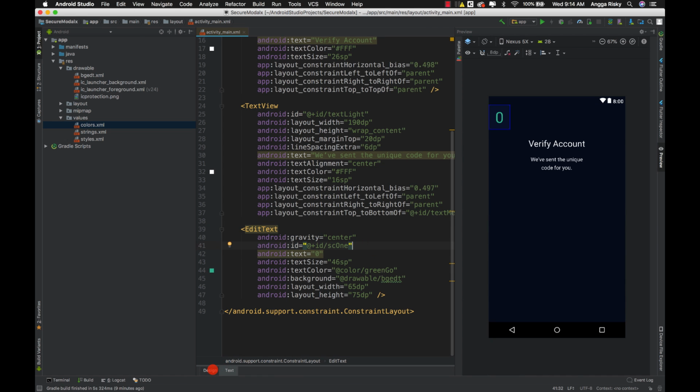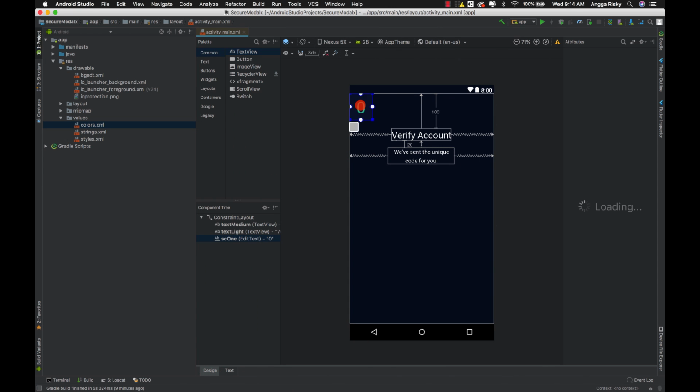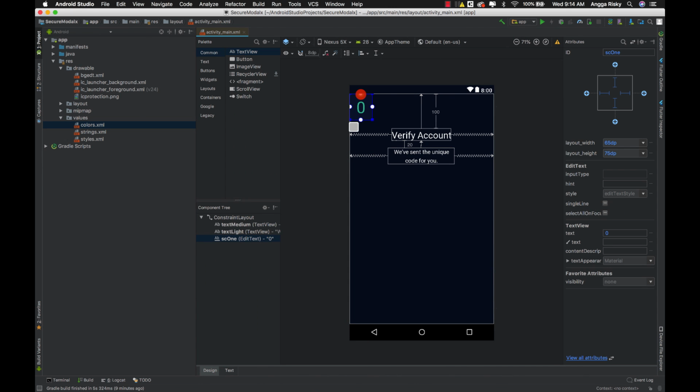And then we need to duplicate this, I think. Before I duplicate, I have to set it manually here, and then give it like this.